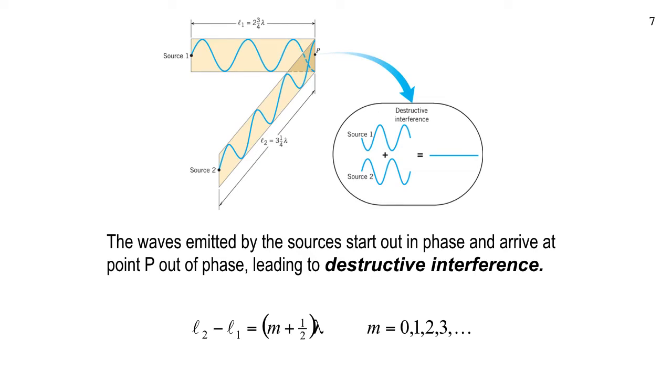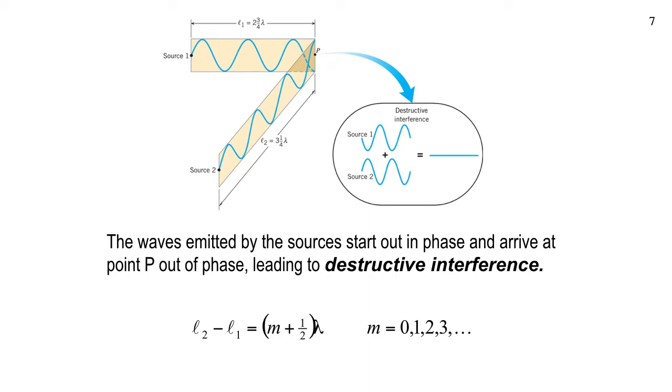And that will happen when you have a half of a wavelength extra. So an integer plus a half. So 1/2 for m equals 0, 1.5 for m equals 1, 2.5 for m equals 2. Or you could go like this, 1/2, 3/2, 5/2. Odd integer halves of the wavelength. And bang, if that's your path difference, L2 minus L1, or L1 minus L2 if you're looking on the other side.